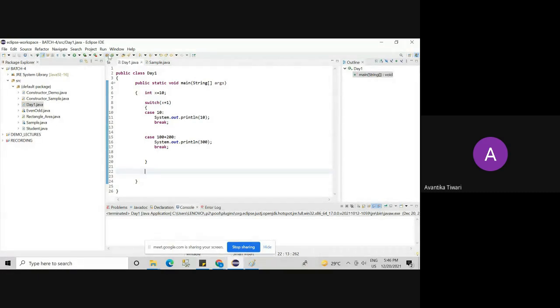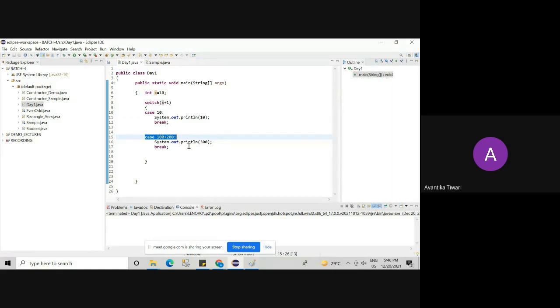Why? Because here x is what type? Integer type. I am adding 1 to this integer value. 1 is a constant. So this combinedly will be integer, no problem. If it is integer, integer is allowed. There is no problem. Right? And if it is case 10, this will happen. If it is case this is going to happen. Right? So there is no problem. This is completely fine. Constant expression is valid inside switch. That is the conclusion that I am trying to show you, that constant expression is valid.